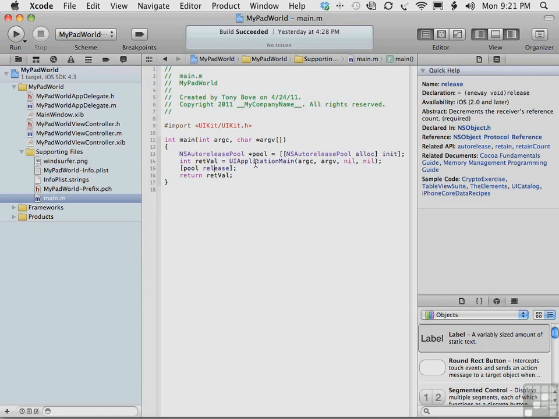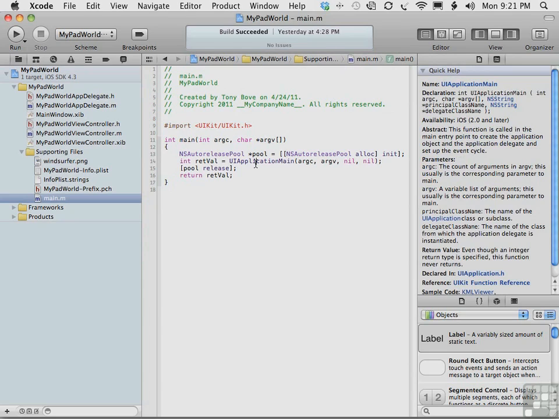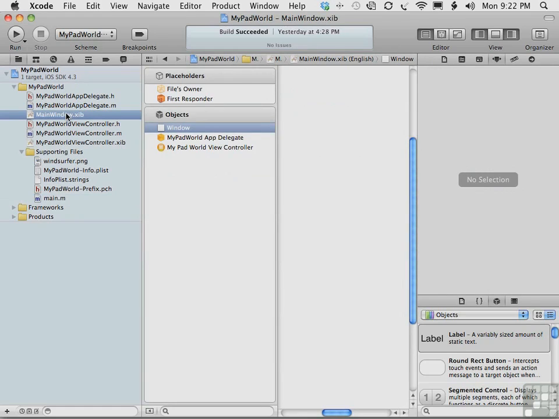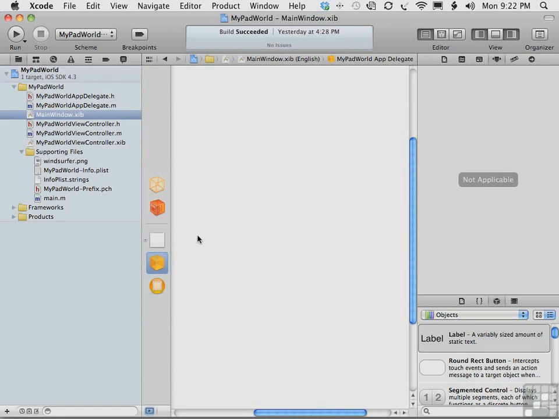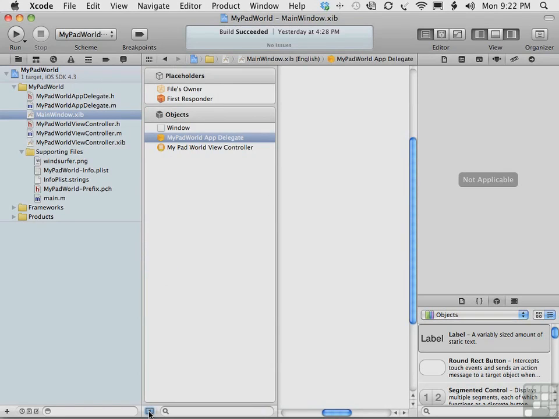But what's really important here is what UIApplicationMain does. The first thing it does is it loads the main nib file, which is mainwindow.xib. As you know, it's a resource file that contains the specs for one or more objects. It usually contains a window object and an application delegate object. And we have that right here, the window object, the app delegate object. In case you didn't open the screen, you may see them this way. The dock can be opened again, though, by clicking here. We call this the Interface Builder dock area. And our nib file, the main file, is basically, as you scroll through here, just a white background window